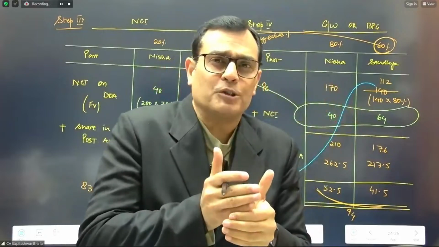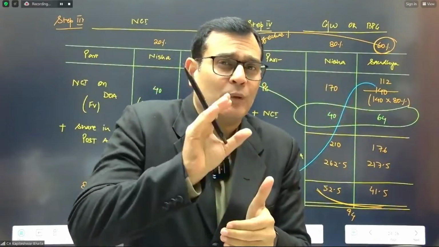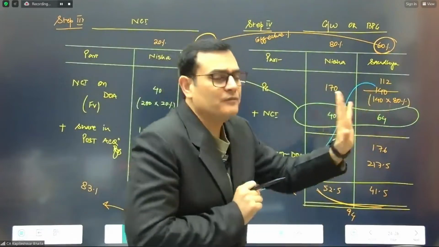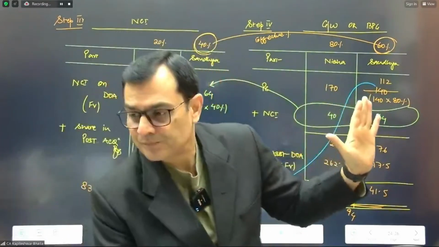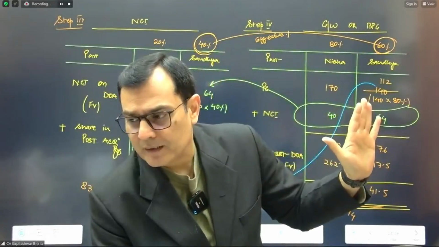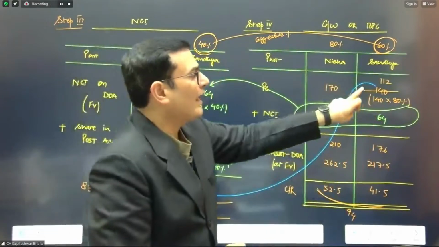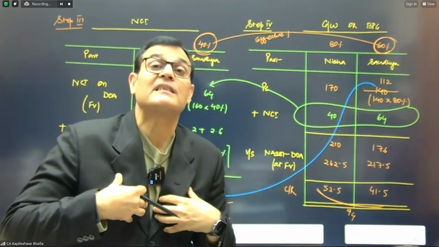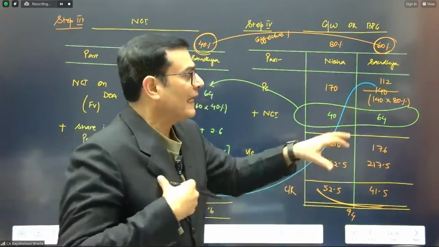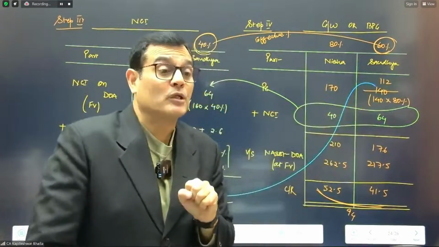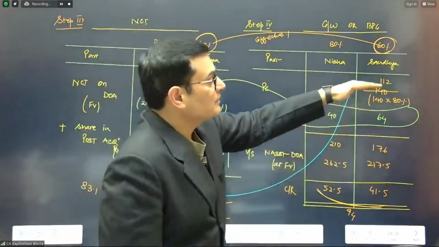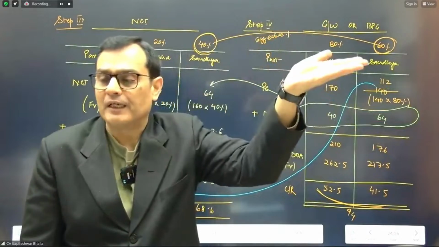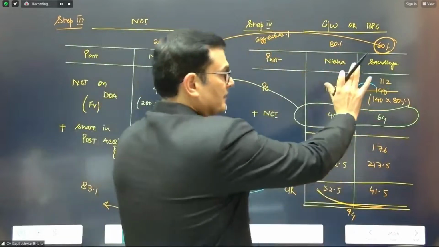So the correct calculation of goodwill will come only when we consider what he effectively financed. Is that part clear? Am I clear with that part? That, we are considering why 80%? Because he says, I have financed effectively 60% of the money, and the remaining 40% of the money is not what I financed. So you need to consider 60% my financing, 40% financing by NCI. Great. So this is the second part.